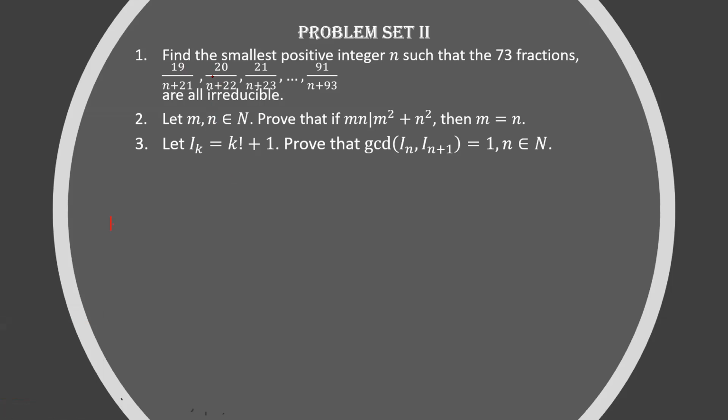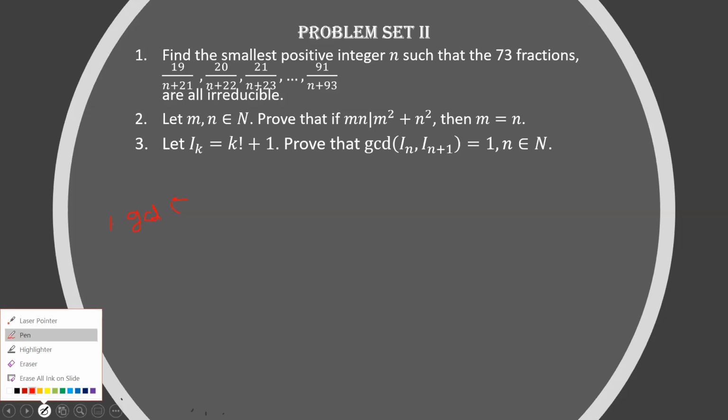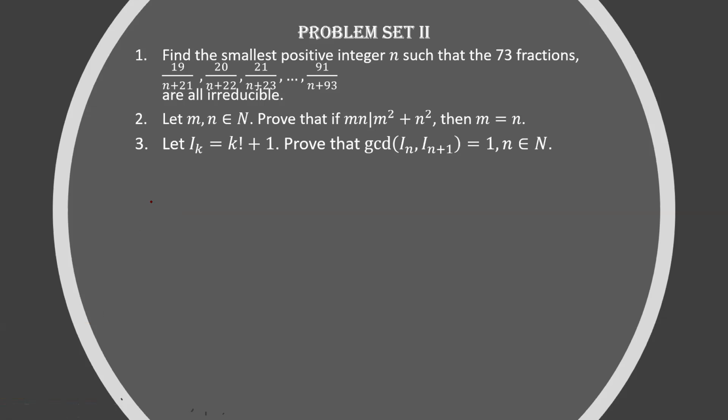So we are given such fractions. Okay. So when we are to say that the fraction is irreducible, we are to prove that the greatest common divisor of 19. Just a minute. I'll take the whiteboard directly because I'm not good at these drawings. Okay, so I think you can see what I'm typing. I'll start for problem number 1.